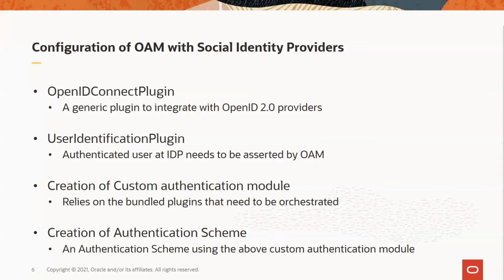Now, as part of this ID token, which is being asserted and received from the IDP, it contains a key attribute known as the user attribute, which you will see in the slides. This user attribute depends on the type of social provider which is being integrated with Oracle Access Manager. Then next is the authentication module.